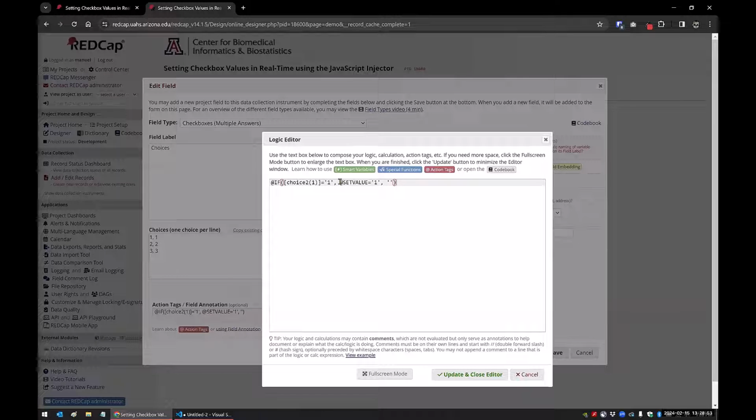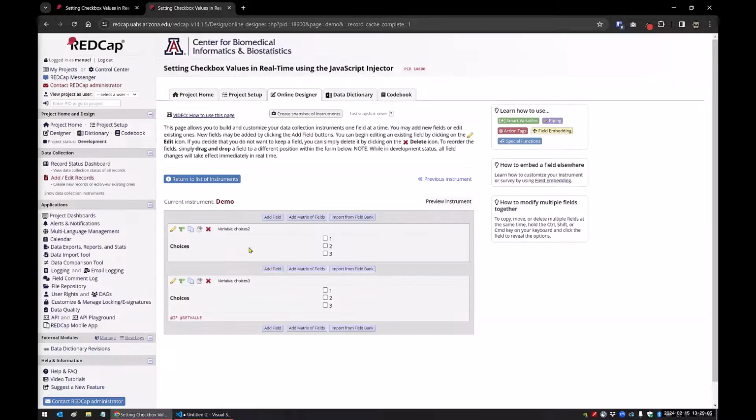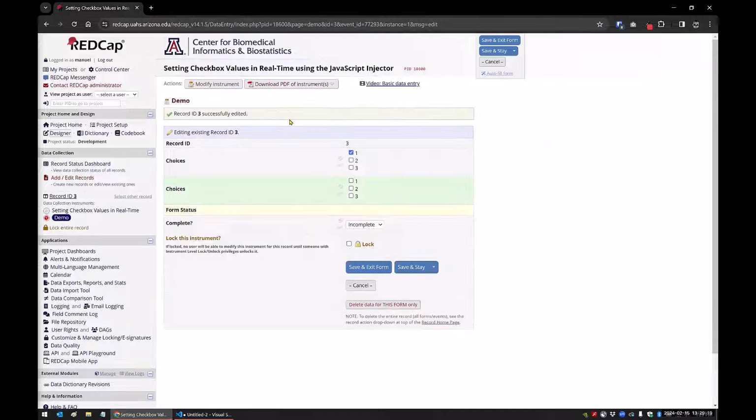With sometimes the set value, it's either the set value or the default, and then you would have to have this field on a different page. So this would have to be on one form and this would have to be on a different form. So to get around that, I decided to try the JavaScript injector. So this took some doing because